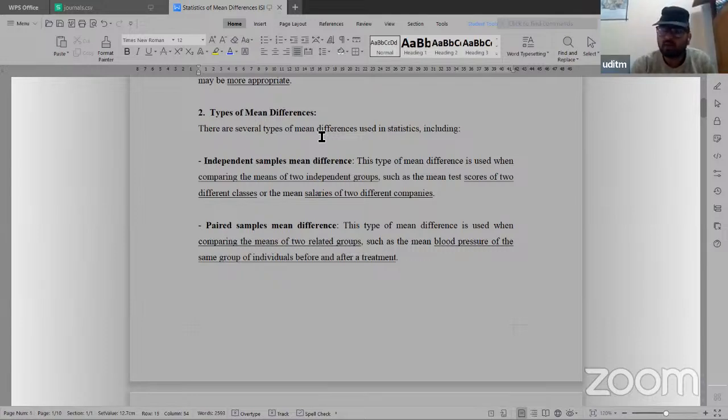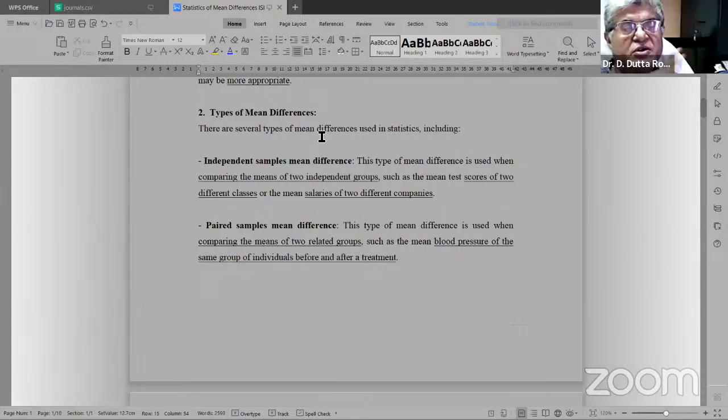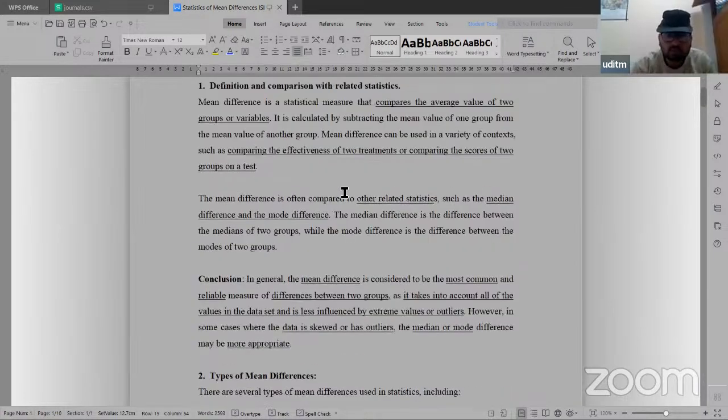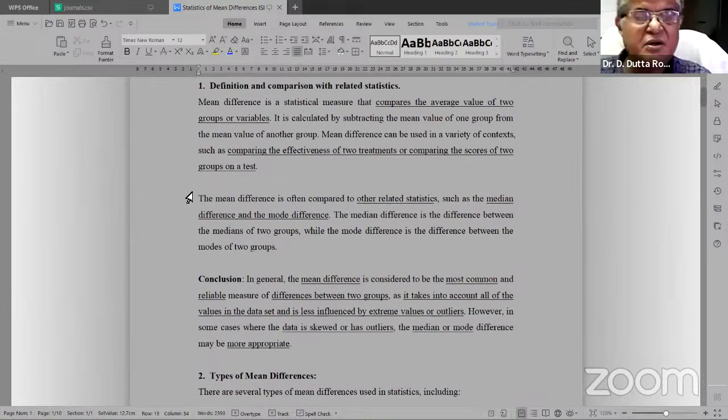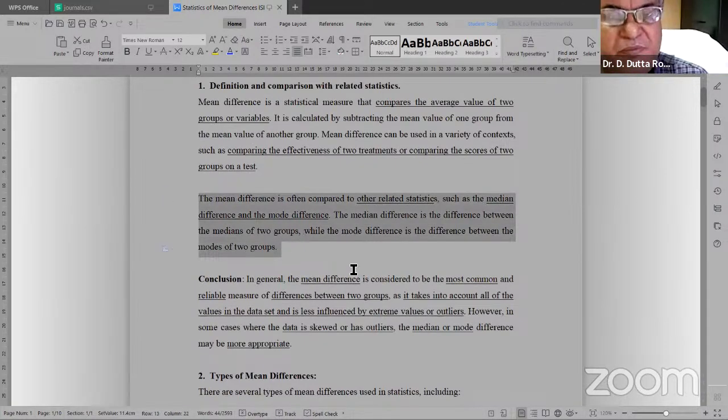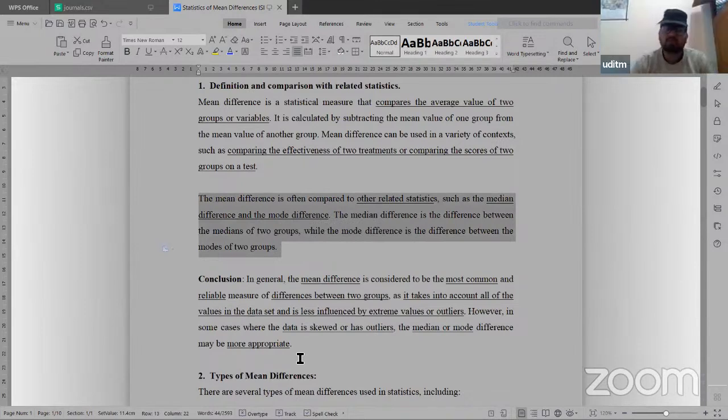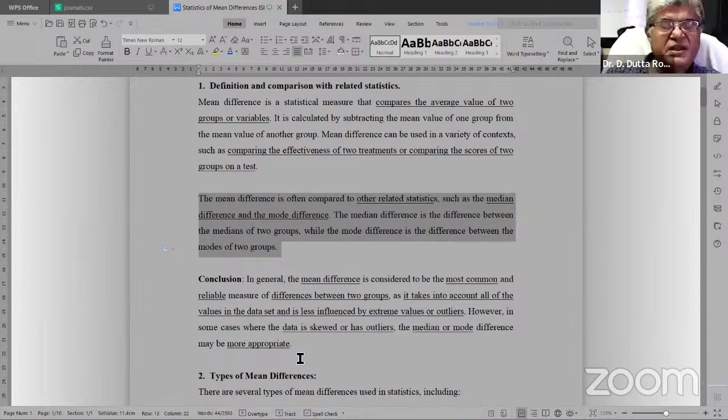When you are talking about the mean difference, you are writing here the mean difference, and there you are trying to differentiate mean difference from the median difference. Yes, sir. In case of the median difference, we can do the rank order and get some median value. And this median difference,